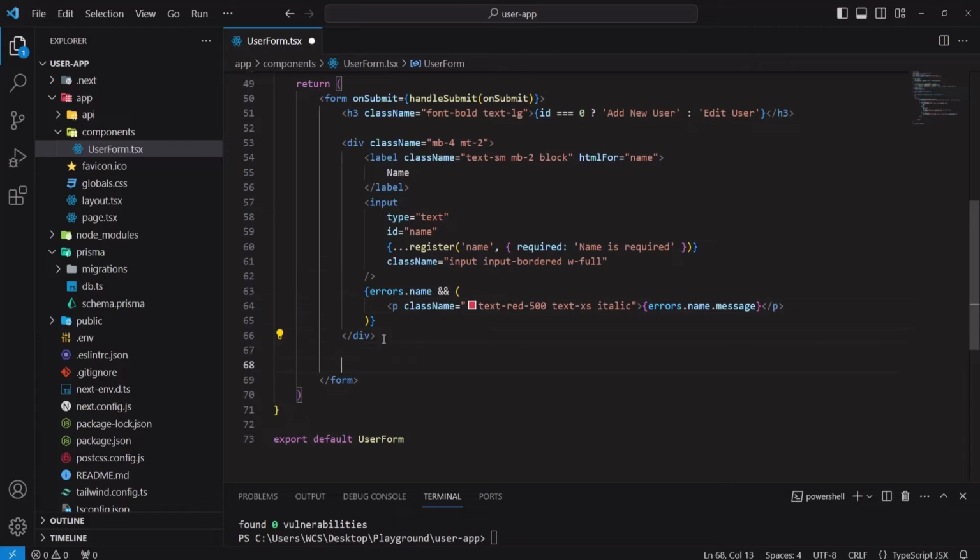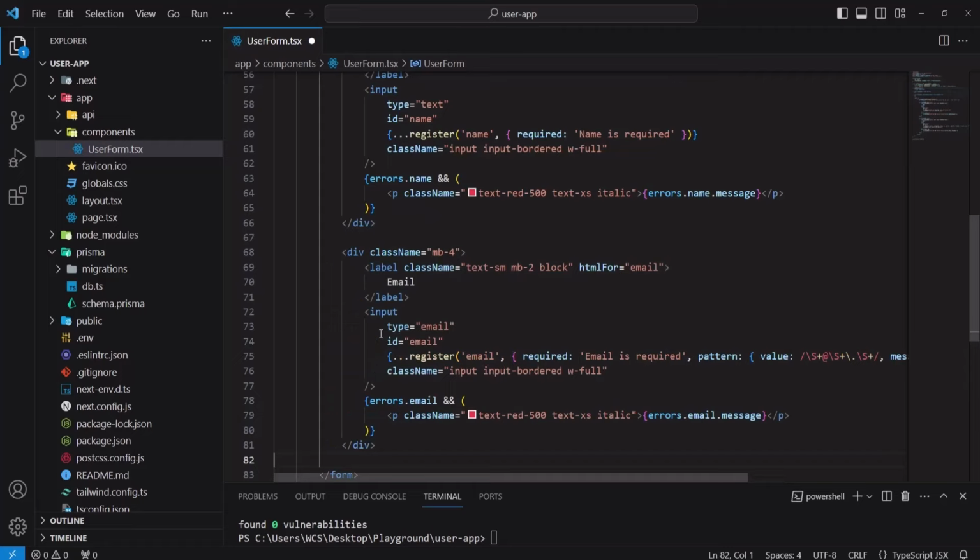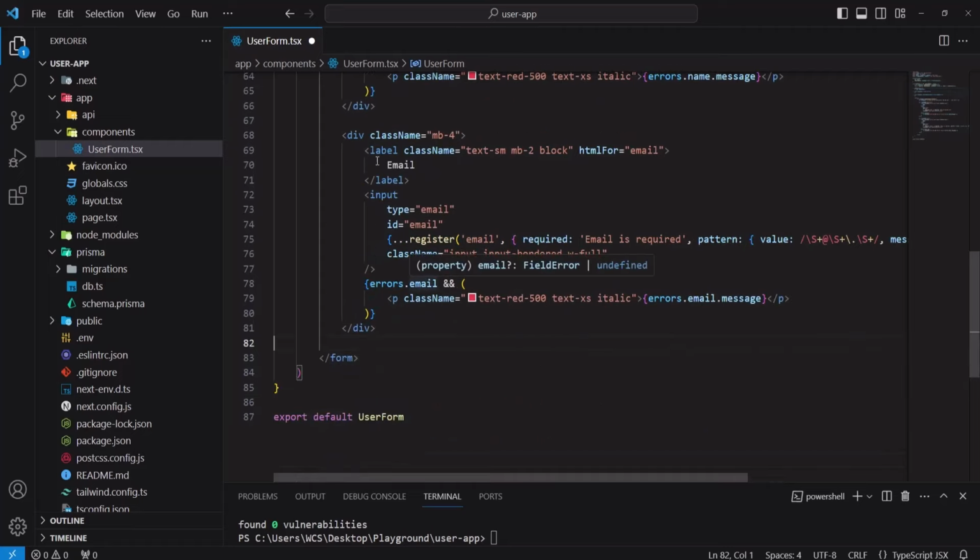Now we will put the markup for email field. So this is the markup for email field, the same label email, and there's the input, and the type here is not text, it's email, and we are registering and we are giving a key email,